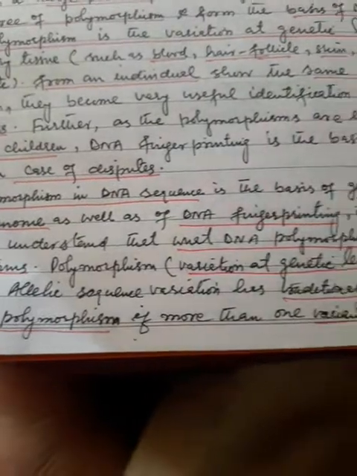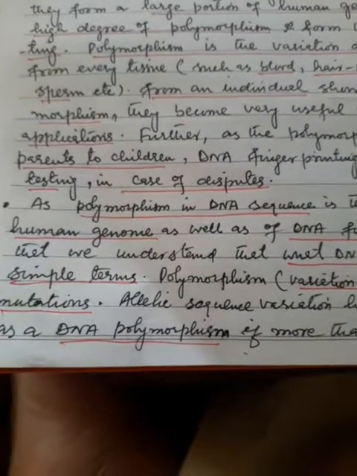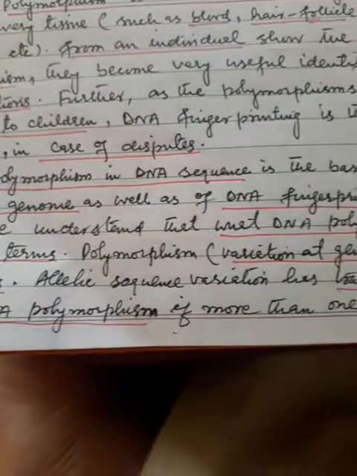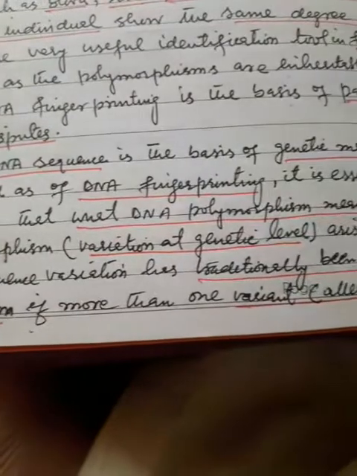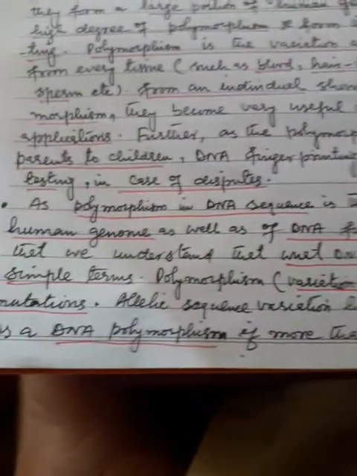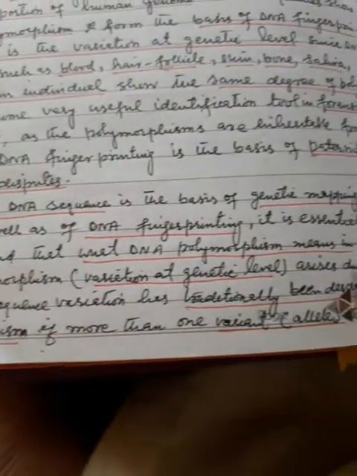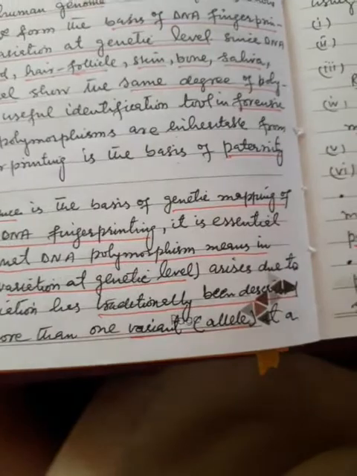Polymorphism, that is variation at genetic level, arises due to mutations. Allelic sequence variation has traditionally been described as a DNA polymorphism if more than one variant, that is allele,